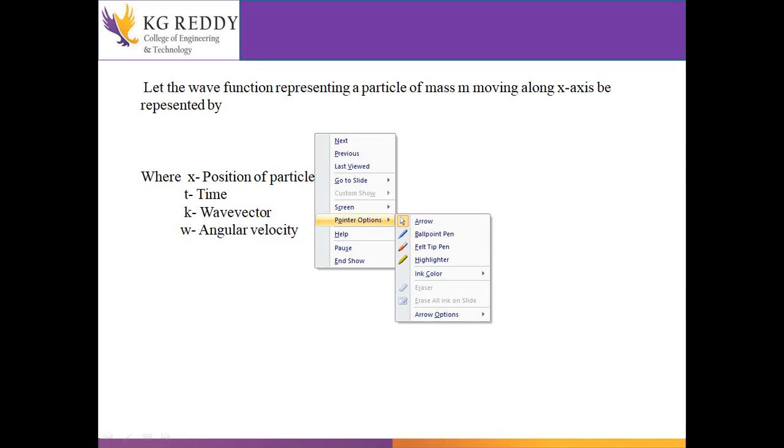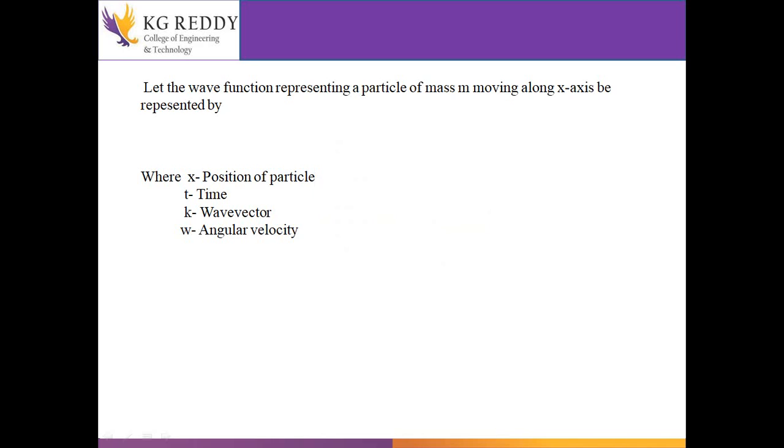We can represent this as psi of x,t, the wave function with respect to position and time, equal to a constant times e to the power i(kx minus omega t), where x is the position or displacement of the particle, t is time, k is the wave vector, and omega is the angular velocity of the particle. So if you are taking this as your wave function,